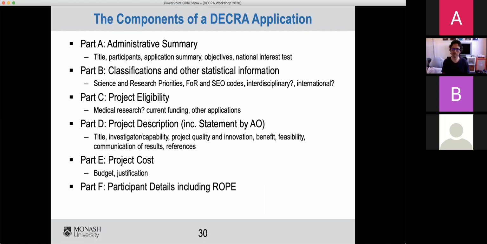So it might be more along the lines of ROPE is about the outputs. Part D, the investigator capability section, is more about the research that you've done. So what science you've done as opposed to what papers you've written, for example. That little breakdown there, but they do overlap. So you will have bits of information that are repeated across there, and there's just no way to avoid that.